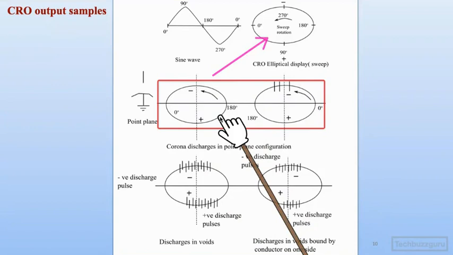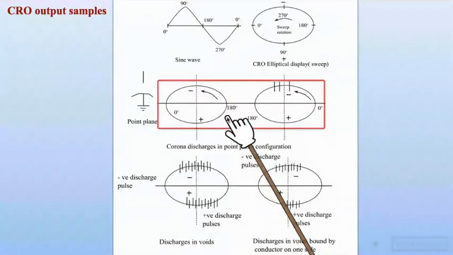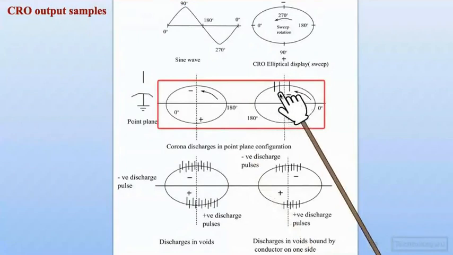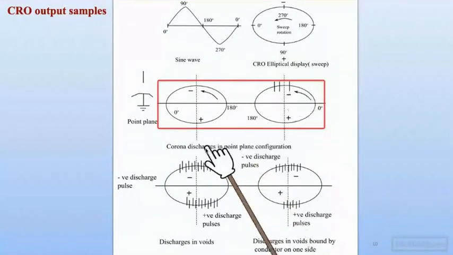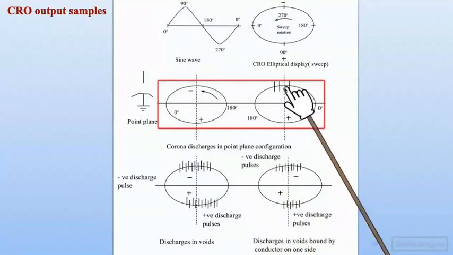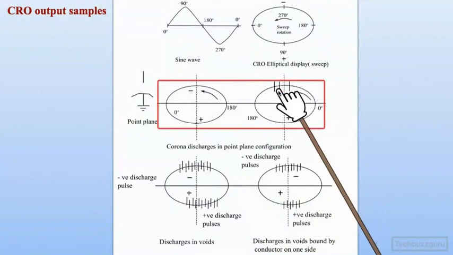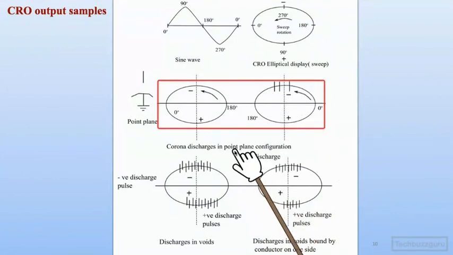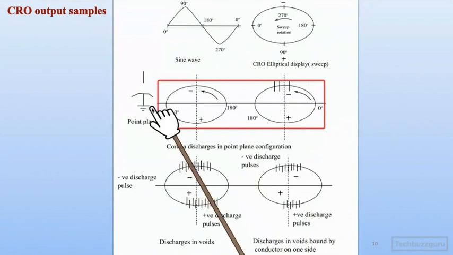It is basically an external type of partial discharge, the one that takes place in the air. We have seen diagrams earlier. There are two types of discharges, internal and external discharges. So external discharges are also known as corona discharges. Internal discharges are known as partial discharges. Okay. And on the right hand side, you can see some pulses are visible here. Whenever there are some corona discharges in the point plane, the straight pulses appear, that is why the method is named the straight detection method. You can see some pulses. It indicates that there is an external discharge with the point plane configuration.